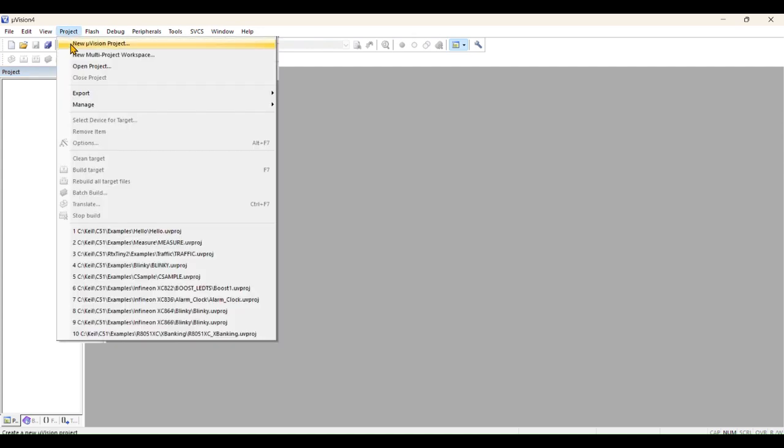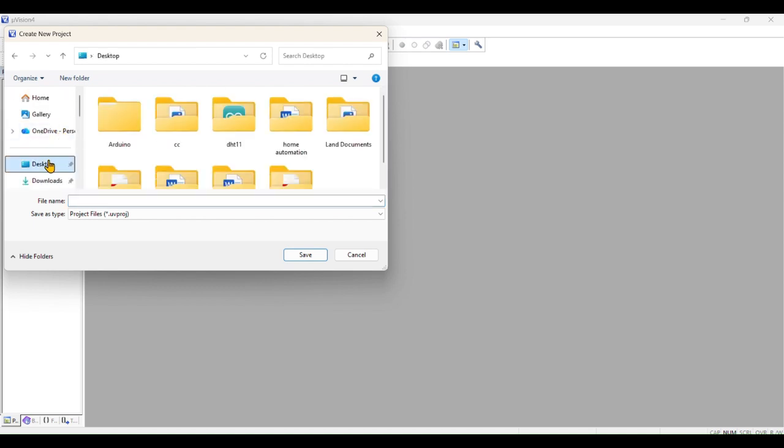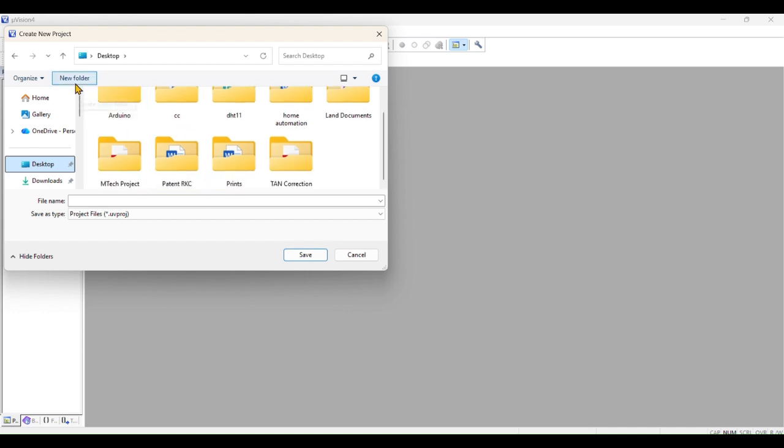Since we have to create a new project, we go to Project, New uVision Project. You have to click that. Once you click it, it will ask for the location where you want to create the project. For now, I'm going to choose the desktop, and in the desktop I'm creating a new folder. It is always better to create a new folder for any project. I'm creating the project name as